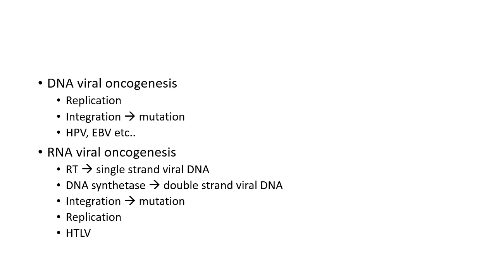Replication begins after integration. The viral particles are produced, assembled into complete viruses, and these are released with consequent lysis of the host cell. You must have learned the mechanism of AIDS previously. The mechanism is similar. The example of RNA oncogenic virus in humans is HTLV, human T cell lymphotropic virus. HTLV 1, 2, 3, 4, these ones.